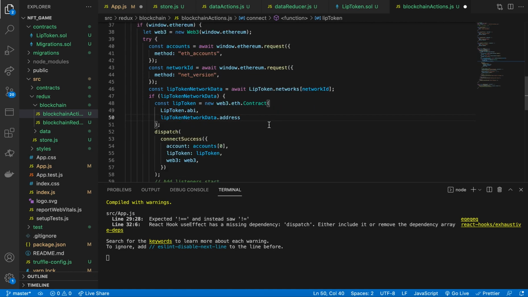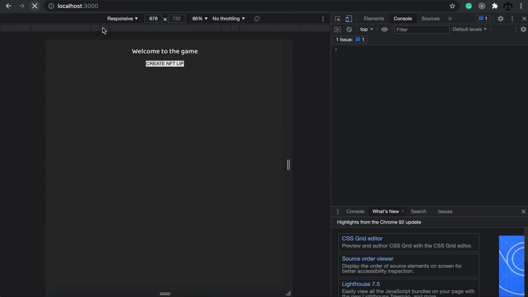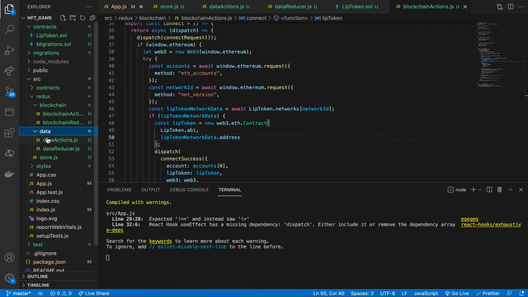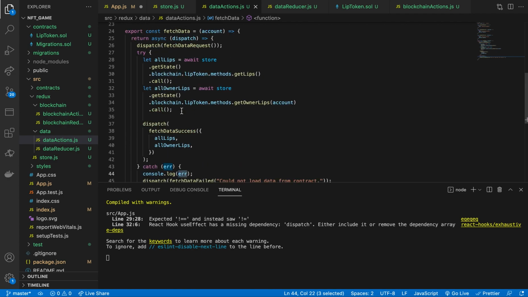And then just to make sure lastly that this is working, just refresh. We can connect fine, but as soon as this starts kicking off, we get an error. And we're getting an error on the data that we are calling. So we're getting this error over there. And it means that these don't work. And that is very strange. So